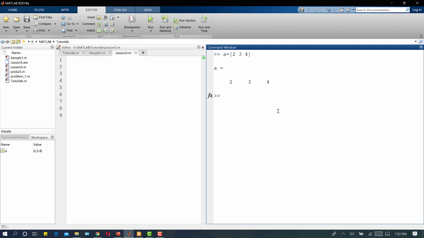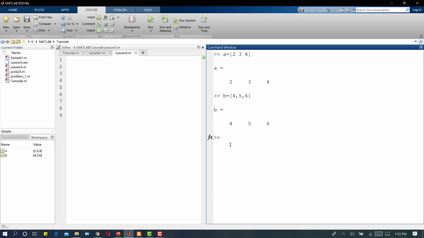Now let's suppose I want to enter another vector B, so I will write 4, 5, 6. And there is another method in MATLAB in which we can append these two row vectors. We can combine these two row vectors into one vector. So how can we do it?